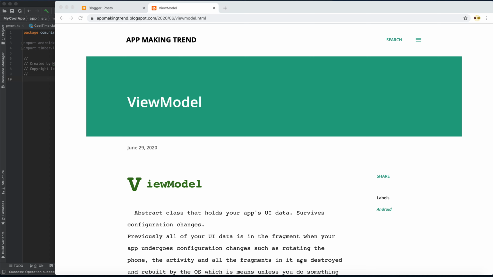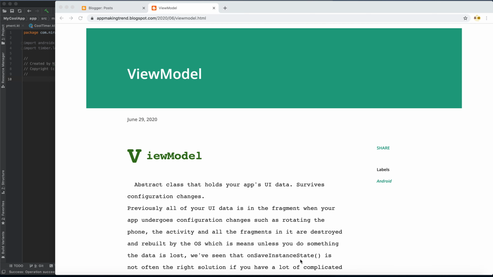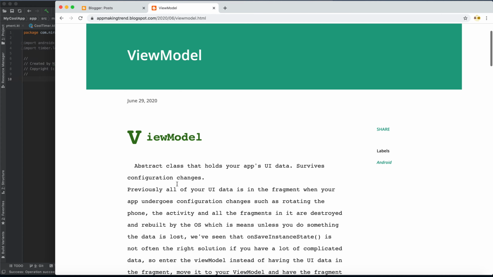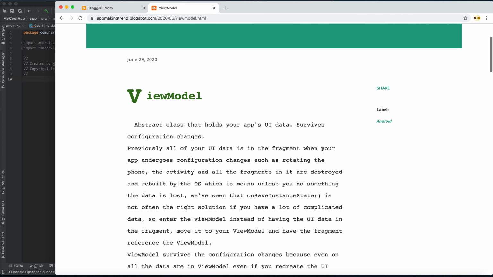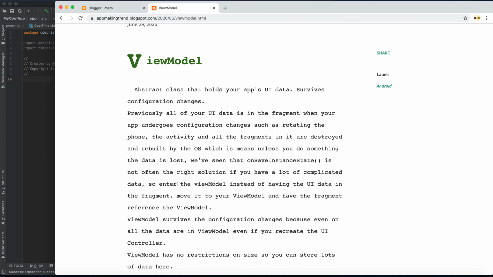The lifecycle library is helping us to handle all the lifecycle activities in a very easy manner, right? And the good thing about this ViewModel is that it survives configuration changes, and it is one of the abstract classes provided by the Android lifecycle library. Okay, cool. And previously all of our user data in the fragment, when the app underwent configuration changes, such